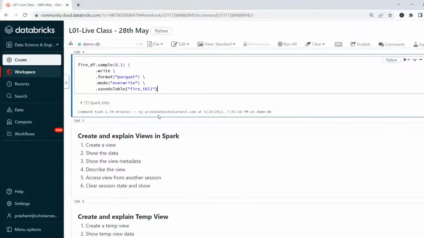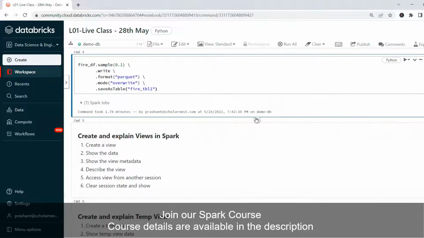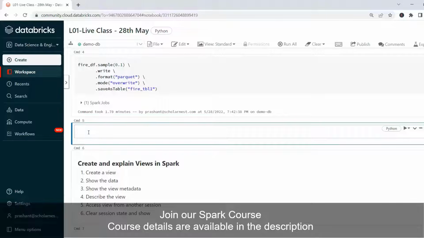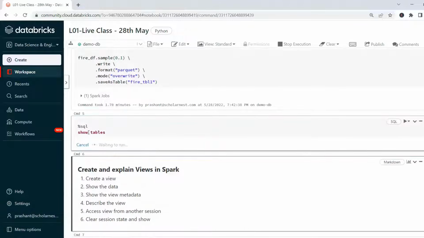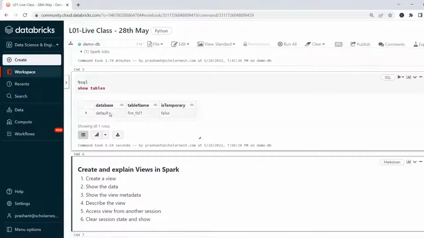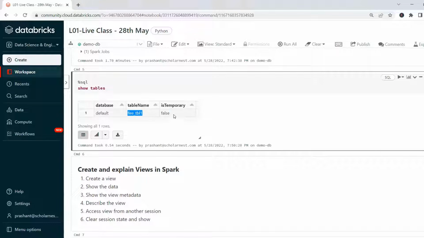What I wanted to say is that table is permanently persistent in the metadata. How do you check your metadata? You can use SQL commands, right? Show tables, and it will show you in the default database. This is the table name. Is this temporary? No, it is false. It is permanent. So this table will persist in your database even if you restart your cluster, or you can access this table from any other application also,